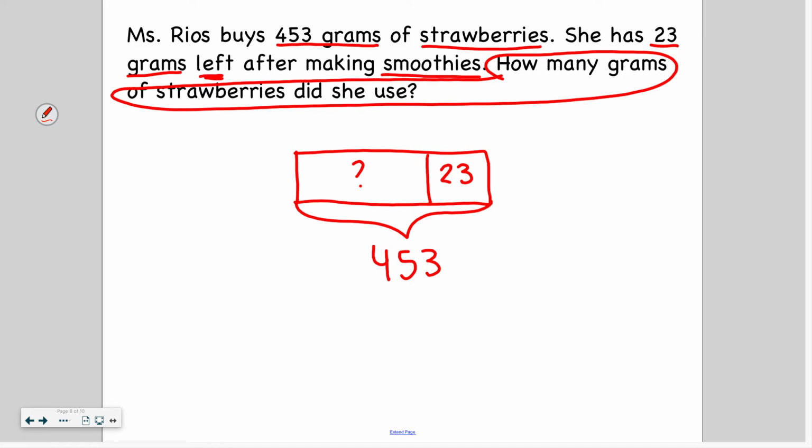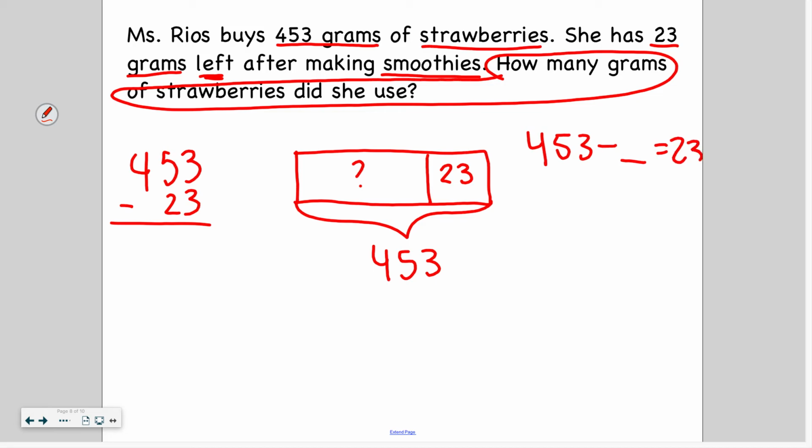So if after using these strawberries, she's left with 23 grams, I can subtract to find the difference, or what she used to end up with only 23. Because if 453 minus something equals 23, I can subtract the 23 instead to find what this mystery number is,